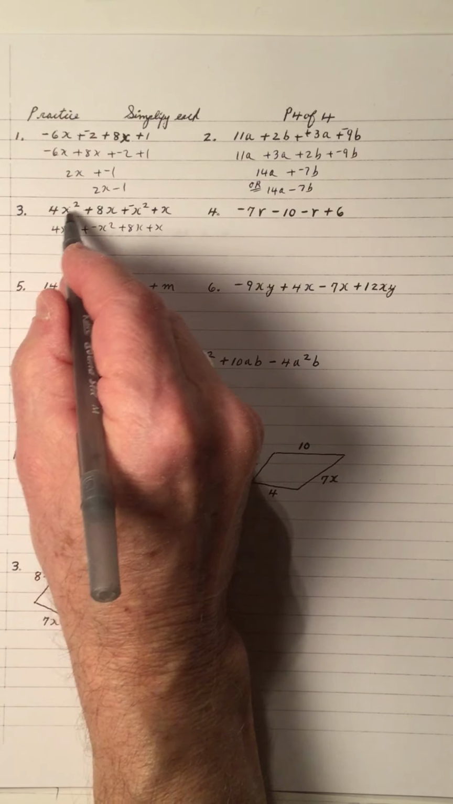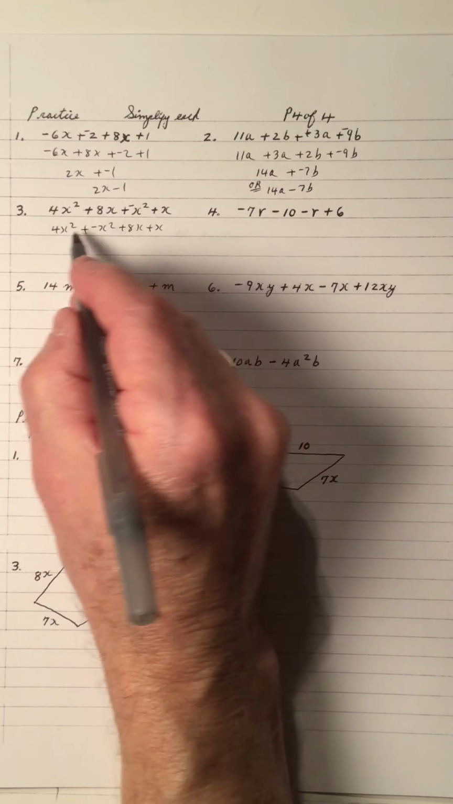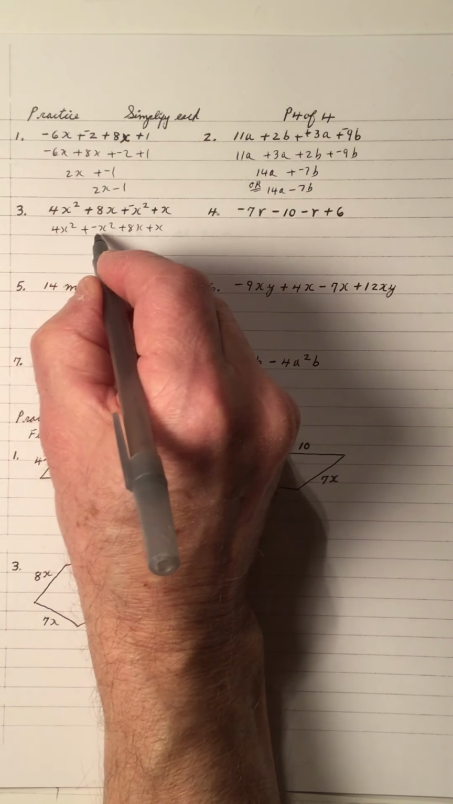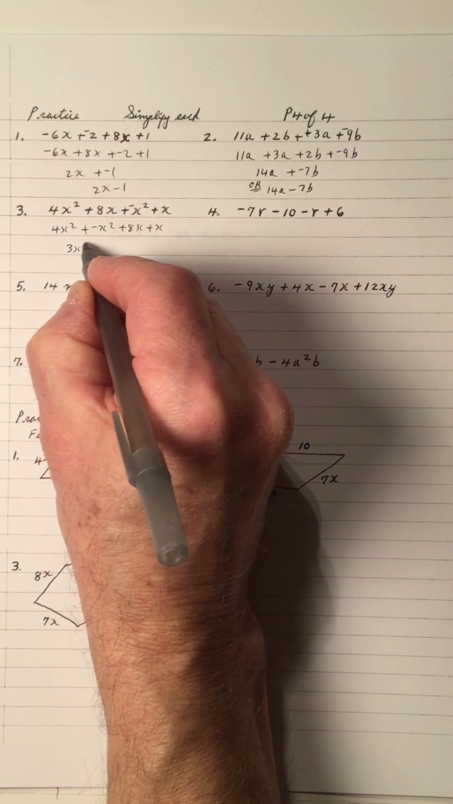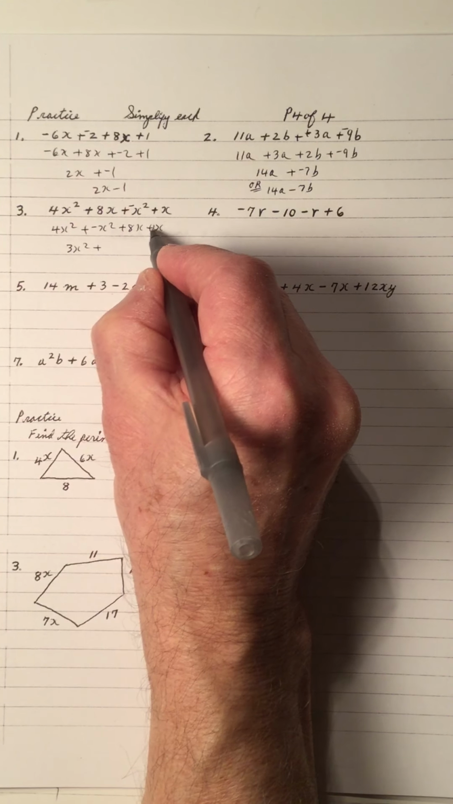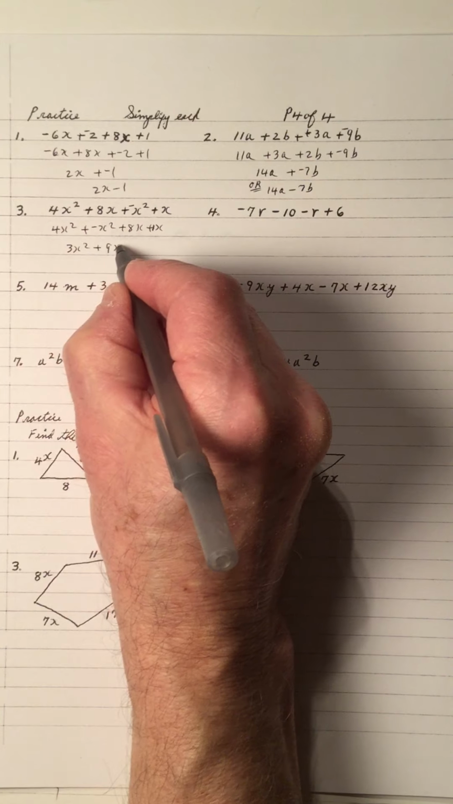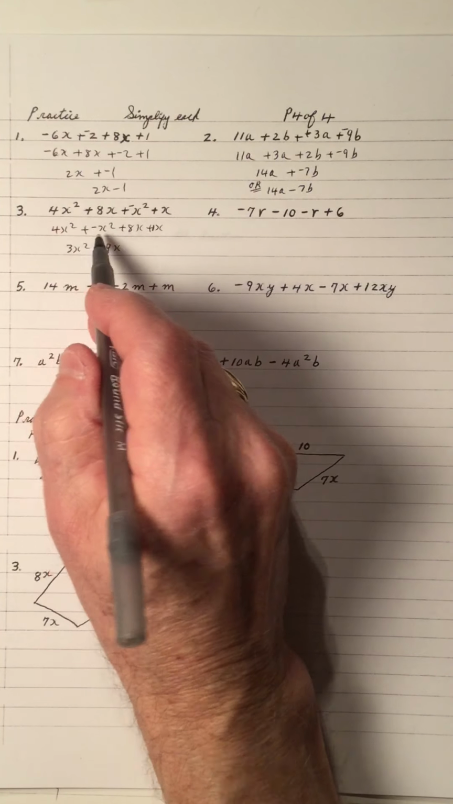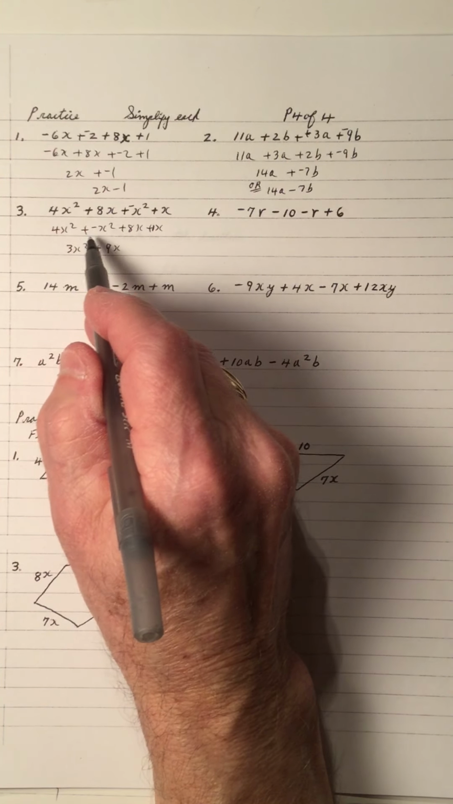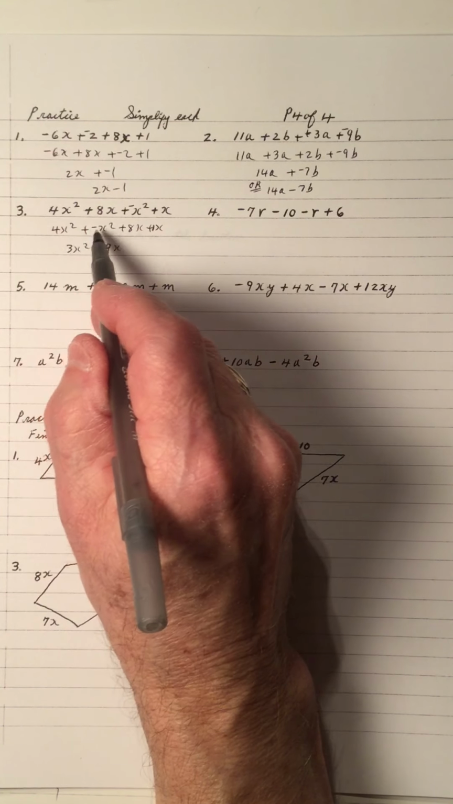So notice the x squareds are together and the x's are together. 4 terms, yep. So add, I get 3x squared. Add, remember that's a 1, so that's a 9x. When you add like terms, you add up the numbers or subtract the numbers and take the term or the